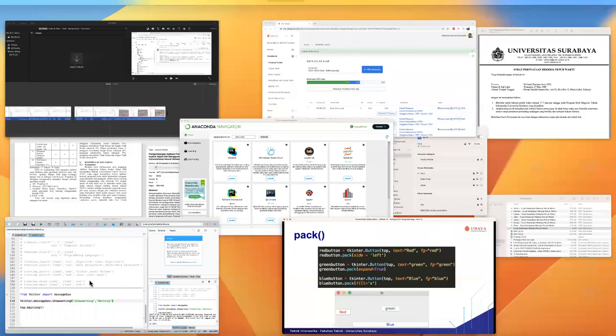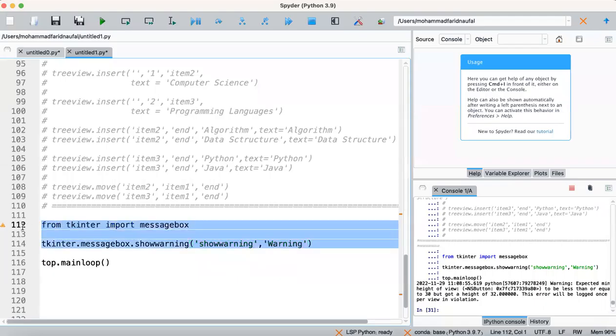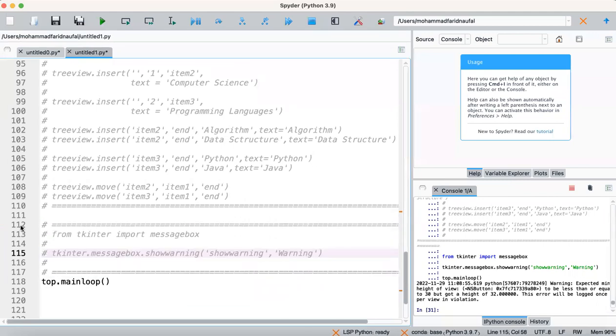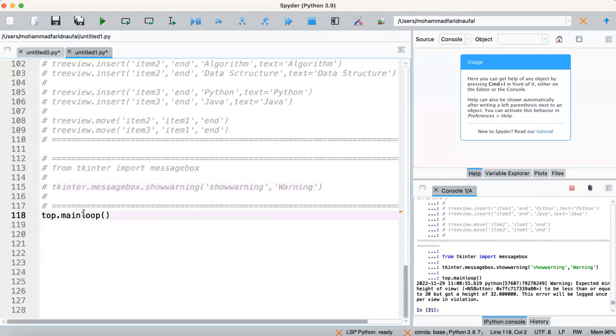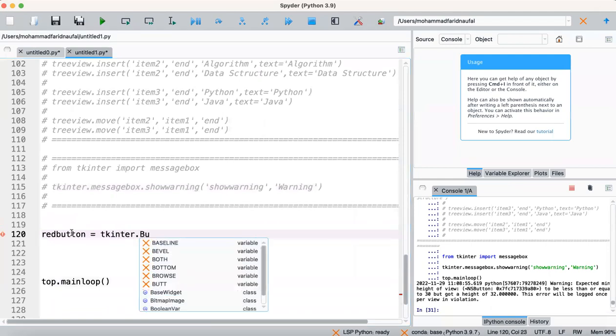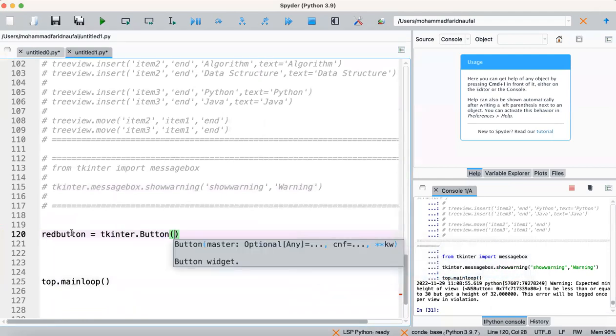Okay, let me directly implement this example. We create a red button here. Red button equal tk inter dot button, and we place it into the top main window here.